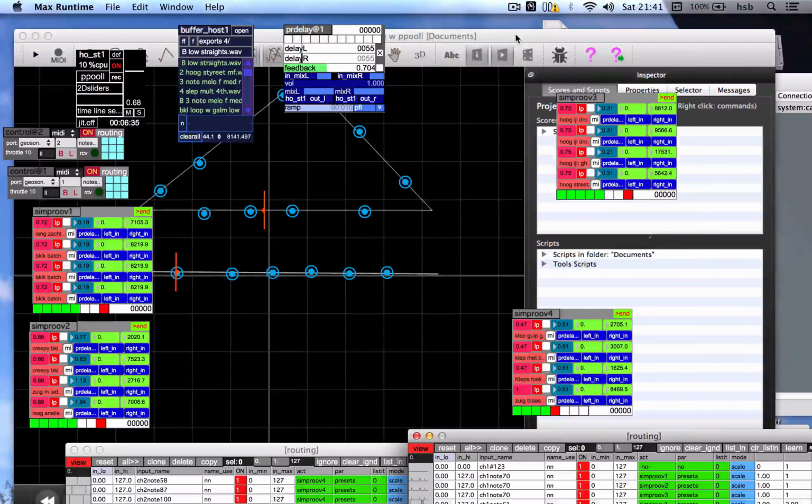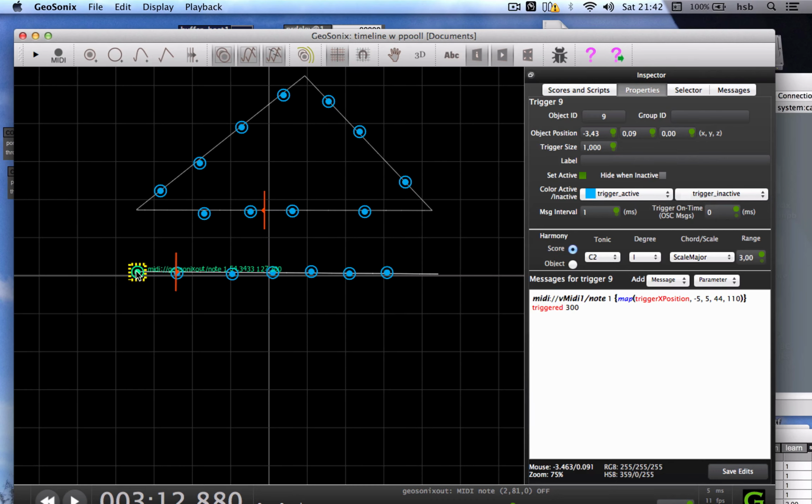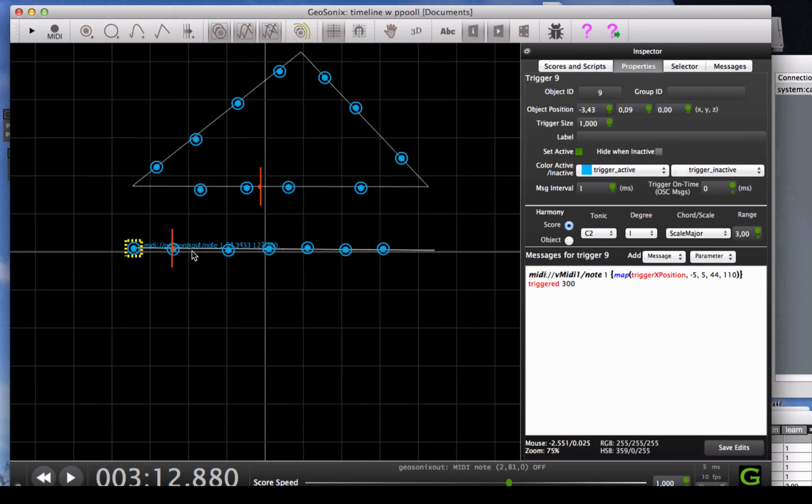So I was toying today with the MIDI and Geosonix, and I drew a few lines, and these are the lines I drew, and these are the triggers. I don't know if you're familiar with Geosonix or maybe Xynix. You make a line. I just made a timeline here, and each trigger was a group of presets,